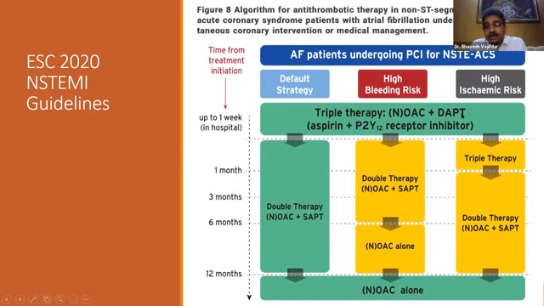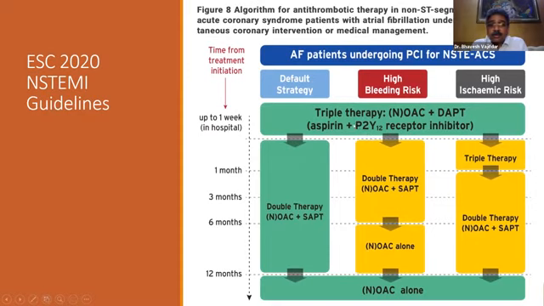That means aspirin plus a second drug. Initially, triple therapy, as it is called, meaning oral anticoagulation plus 2 antiplatelet agents, was given for 1 month. But now they have downgraded it to only 1 week. That means you keep the patient in the hospital for 1 week. During that time, you give all three, a masala of all three potent drugs, to prevent embolism and to prevent stent thrombosis. But after the first week itself, you could downgrade in some of the patients.